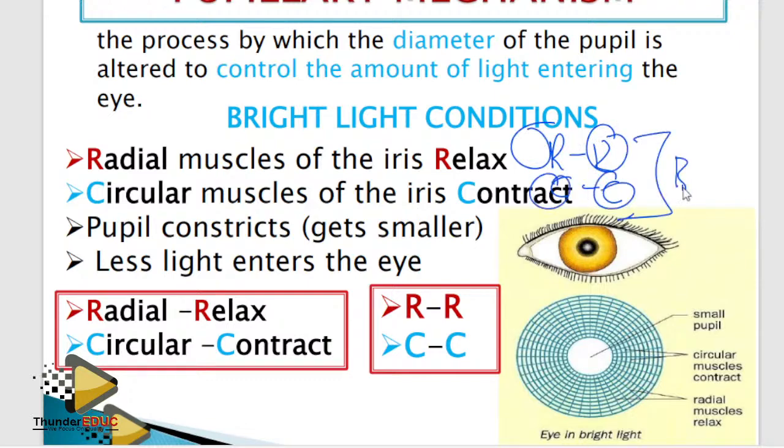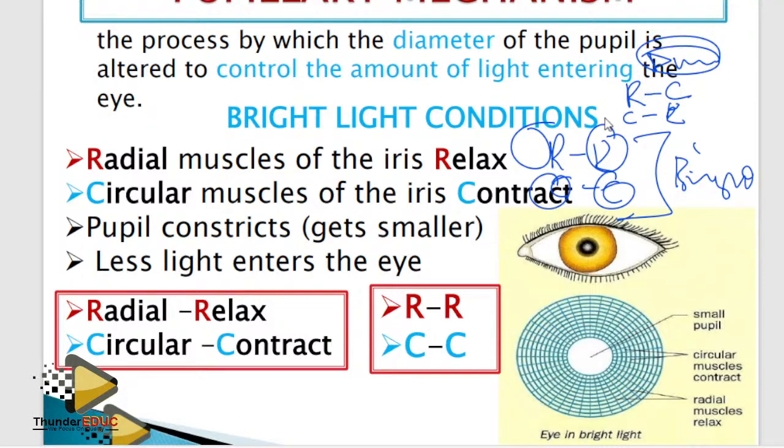You don't mix things in bright light. You understand? Yeah, that's why some people switch off their lights at night. Which people are those? I don't know. Why? Because they want to mix. They want to mix what? I don't know. They want to mix R with the C, C with the R. Meaning that in dim light, people are mixing things up.